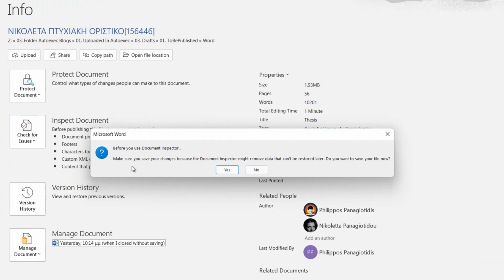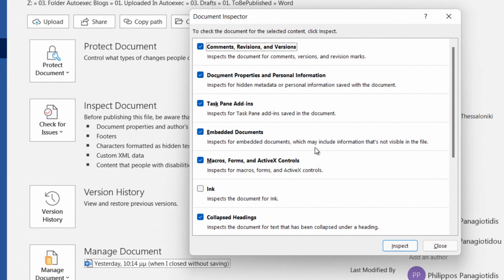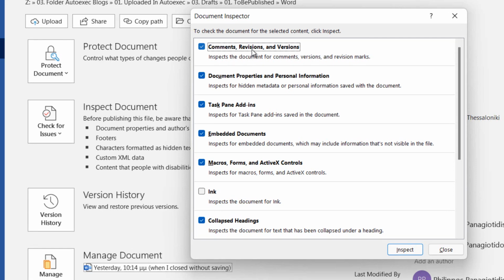From the Check for Issues drop-down menu, I just select the Inspect Document command, where the Document Inspector dialog box appears. In this dialog box, we are notified that we can check the document for the selected content by just activating or deactivating the different fields, and then by pressing the Inspect button located at the bottom right corner of the Document Inspector dialog box. The fields that we can activate or deactivate for the Document Inspector are